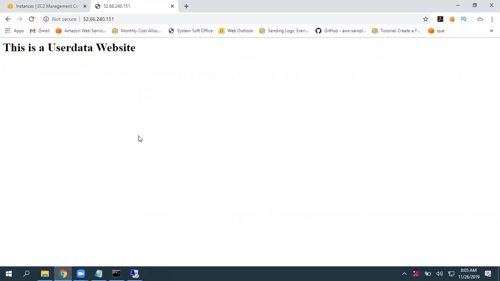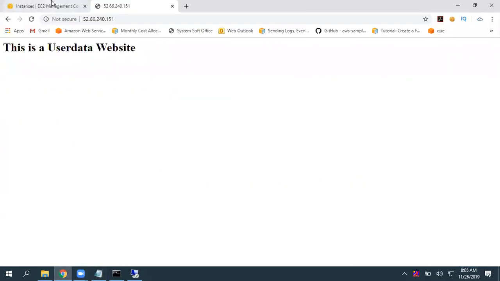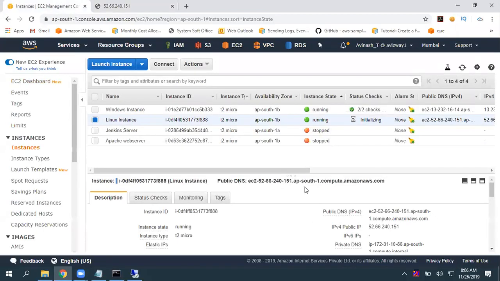See, without logging in to the EC2 instance, whatever command I have given, it did all the manual tasks and we got the output. We are delivering all those commands by using user data. Simple. These commands are written in a simple file. Whenever you are launching a similar kind of server, just browse that file, so you can maintain that documentation based on your organizational requirements. You can maintain that. Okay.